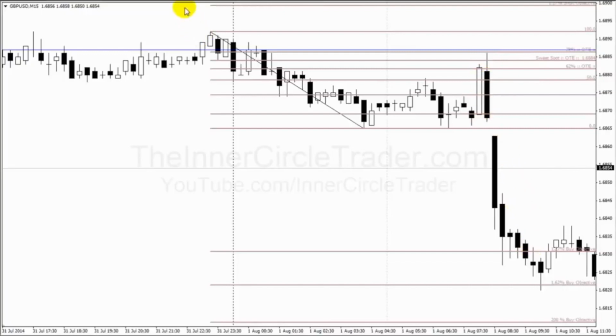Okay, so by having the simple approach to using the fib and using the ICT optimal trade entry, or OTE, which is simply looking for a minimum of 62% retracement and as much as 79% retracement, and looking ideally for the sweet spot, which is basically the midpoint between 62 and 79. Now, I do not use the classical 78.6 and 61.8, whatever. I don't even know what they are. Okay, I don't really care that much to know what they are. I just make it very simple for me. And some can argue that this isn't as accurate as it should be, but